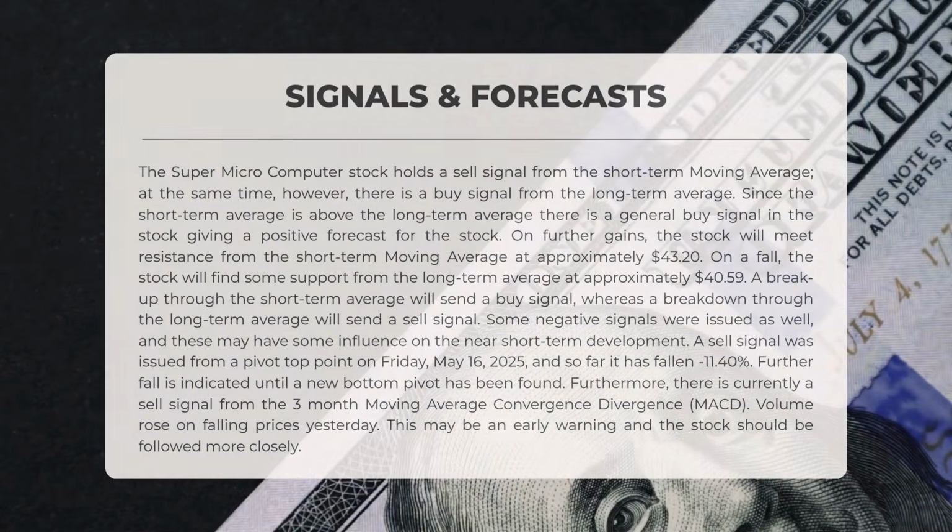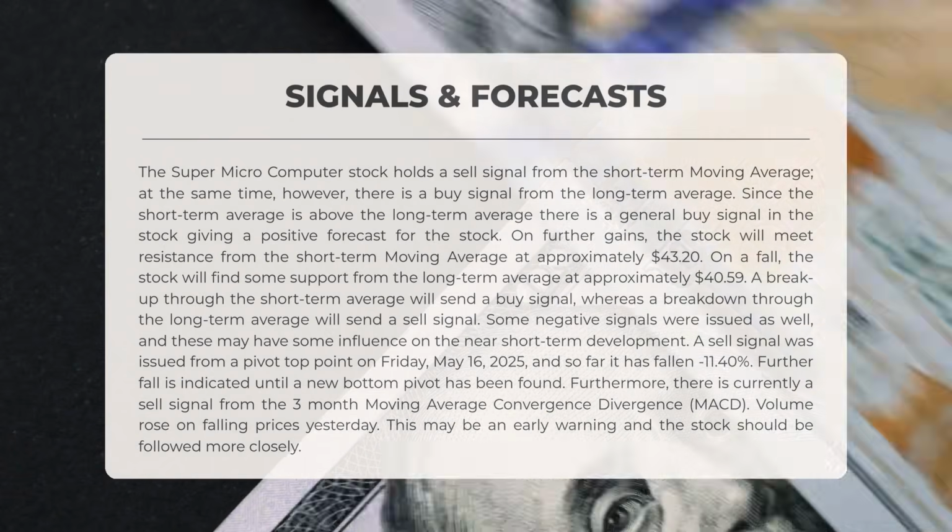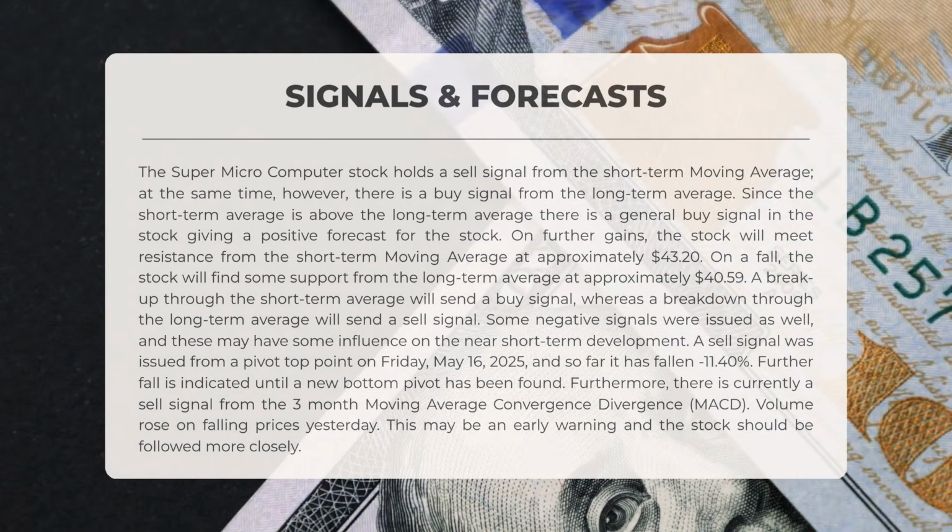The following signals have been identified for Super Microcomputer. The Super Microcomputer stock currently presents a sell signal from the short-term moving average. Conversely, there is a buy signal from the long-term average. Since the short-term average is above the long-term average, this results in a general buy signal for the stock, suggesting